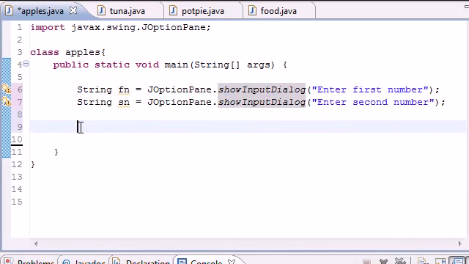So we need to tell Java, alright, instead of viewing this as a string, we want you to view it as an integer so you can do some math with it later on. So what we need to do is convert these variables to integers. So this has nothing to do with JOptionPane. This is just Java right here. So Java int